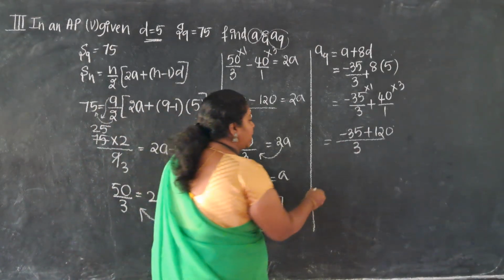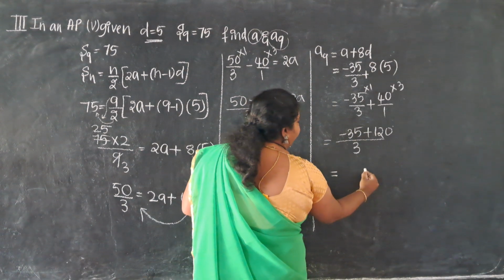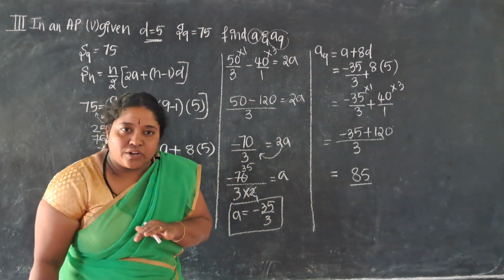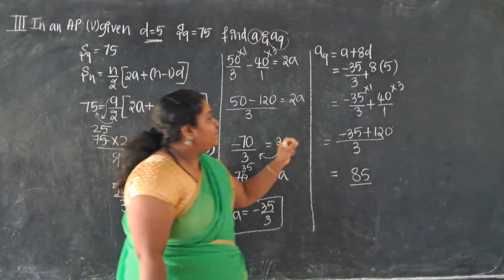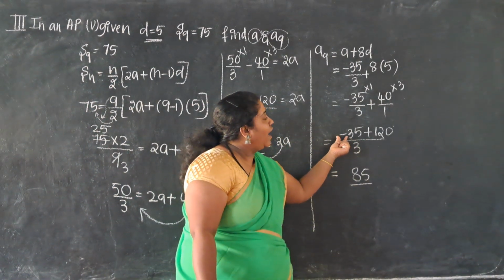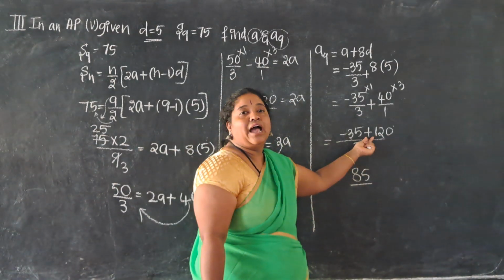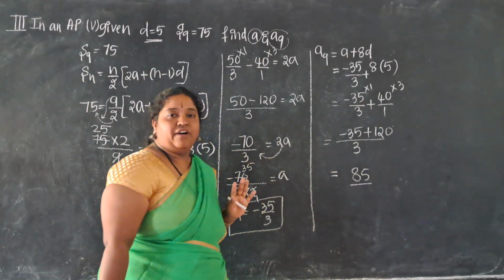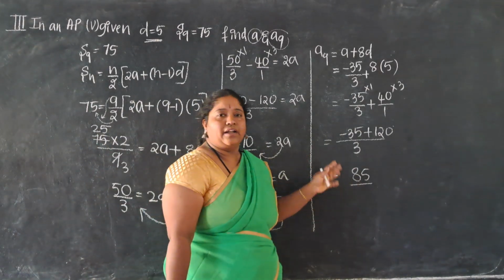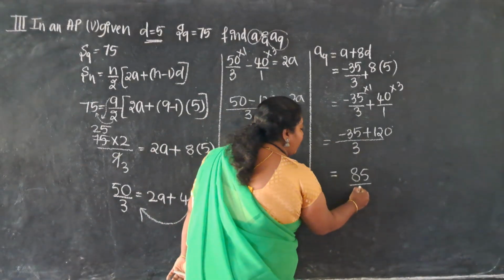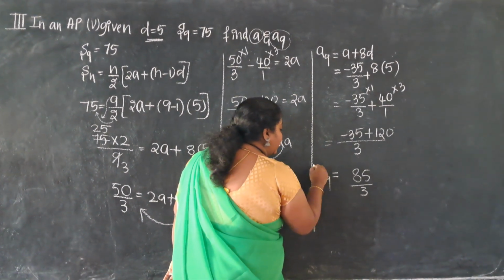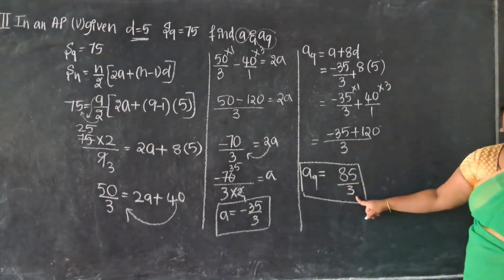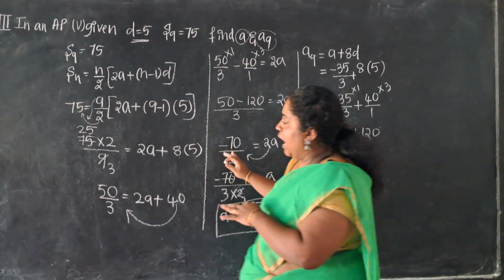Bigger number minus smaller number. Quickly subtract, dear. 10 minus 5, 5, carry 1, 12 minus 4 is how much? 85. And which sign I should keep? The sign of the bigger number. See, smaller number has a negative sign, bigger number has a positive sign. Which sign I should put? Positive. Understanding? I got it as 85. If you write positive or don't write, it means it is a positive. And what is the denominator value I have? 3. So now I got my A9th term. That A9th term is equal to how much it is? 85 by 3. Okay. So this is how we have to simplify.